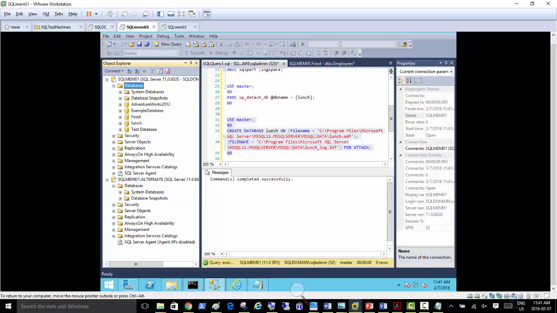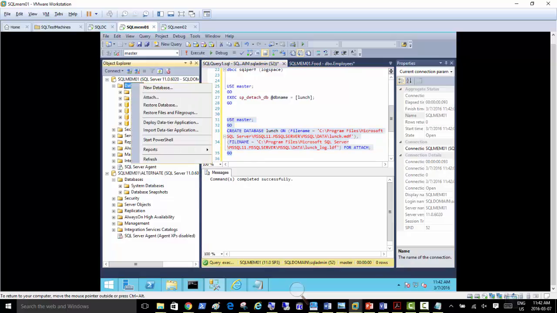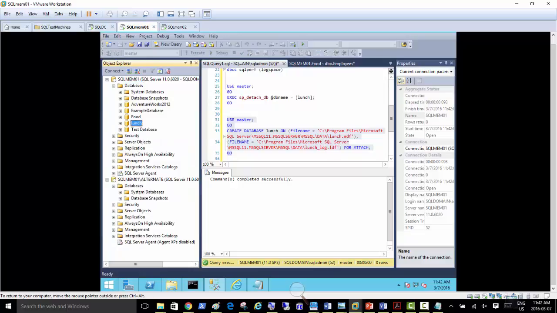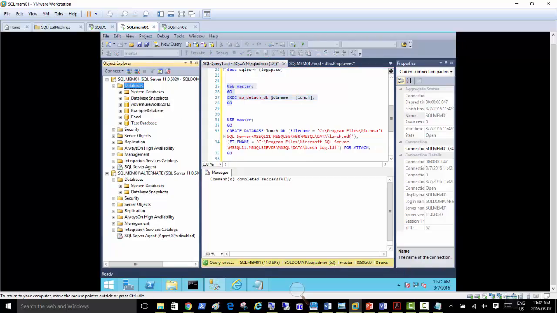But how do we attach it to a second instance, right? So if I use the above script and execute and refresh here, it's gone. Lunch is gone, right? Database lunch. And if I run this script again on the same location, it's back. But I want to attach it to the second one. So if I detach it now, I know the path for this database's files. So I am detaching it again and refreshing it on the first instance. It is gone. But now I need to attach it to the second instance. Any idea how do I do that?